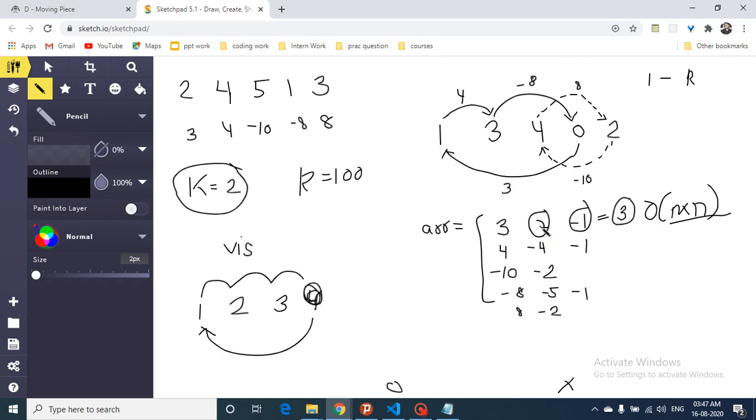So what we can see here is, there are some cases. If k is small enough, so let's assume that k is equal to 1 only. K is equal to 1, which means that if I start at any position, we know that the cycle size is 3 and k is equal to 1, which means that I can do only one jump starting at this position. So if k is less than the cycle size, what we can do, we can iterate over the starting point till k positions and check what is the maximum among all.